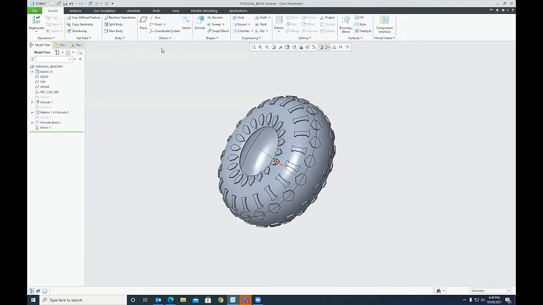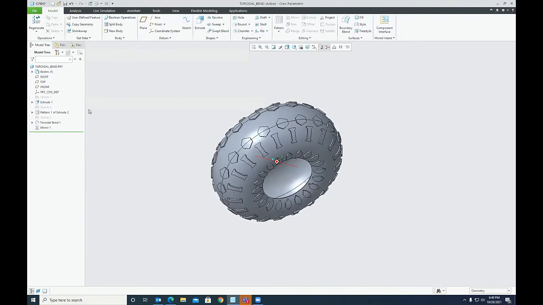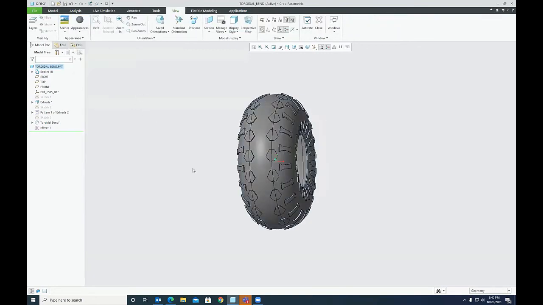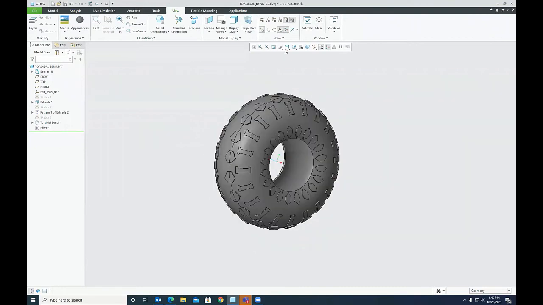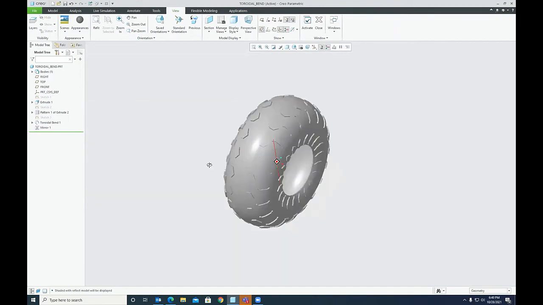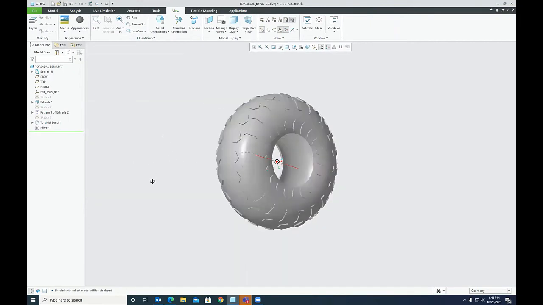And then for visualization, I can assign it a rubber gray appearance, and it would look like this. So to see the actual appearance, shading with reflections, and that is nothing but the rubber tire like this.